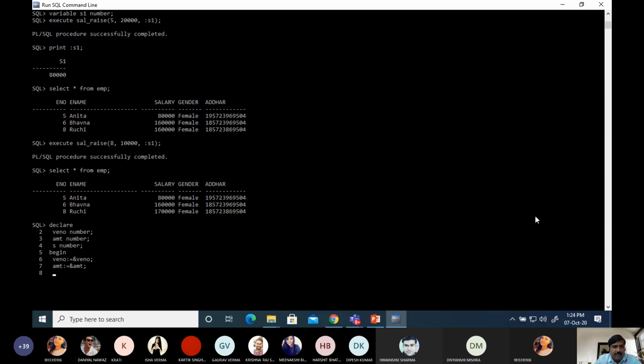Then we call the procedure. Procedure name is sal raise, and here we will pass V number, then amount and S, and you can print the value of the updated salary through the dbms output dot put line command.